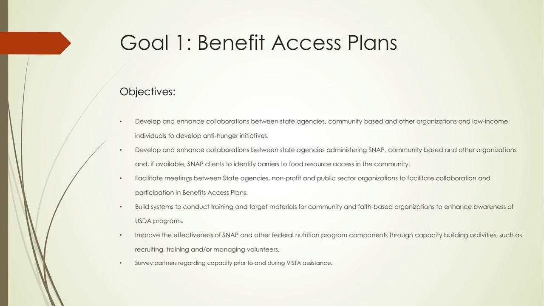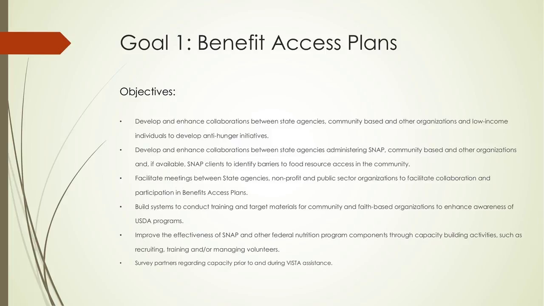So let's get started with the goals that AHOC has. Goal 1 is benefit access plans. The goal states: convene community leaders and members, including community and faith-based organizations and local public sector officials, to identify food resource participation barriers and develop a comprehensive anti-hunger plan to improve access in their communities. The objectives that fall under this category are